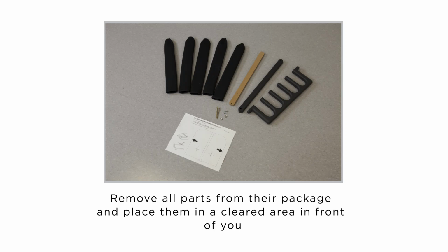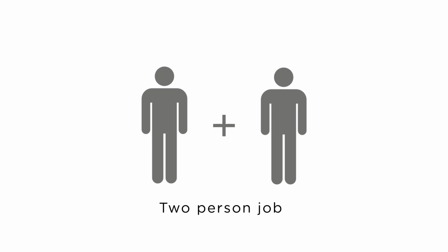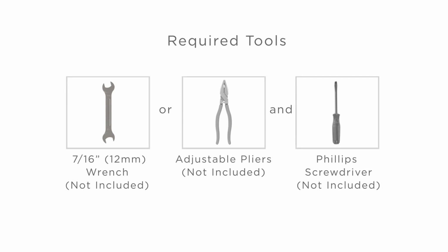Before we begin, remove all parts from their package and place them in a cleared area in front of you. Remember that this is a two-person job, and to avoid possible injury, we recommend that you have someone with you to assist in the assembly. To complete the installation, you will need: